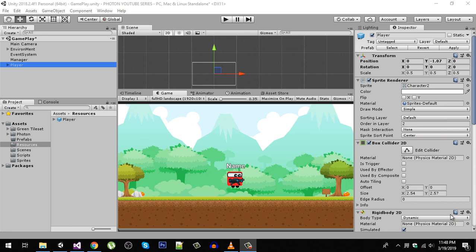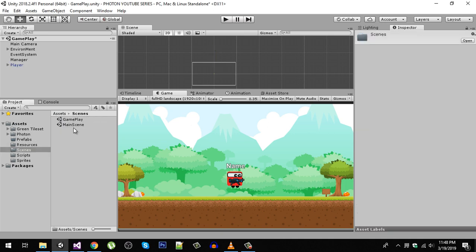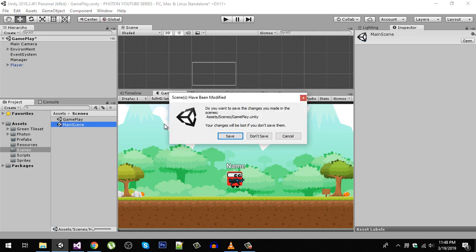So in this video we are going to set the username. Right now you can see that on our player we have this text called name. So we are going to allow the user to create his username and sync that name across the network. So let's go back to our main scene. We are going to provide a user with an input field